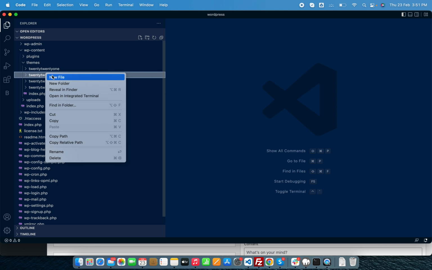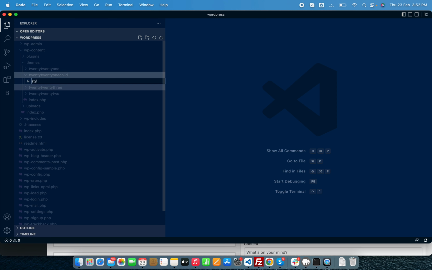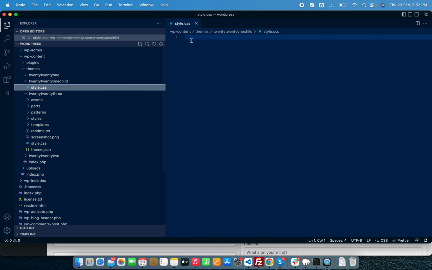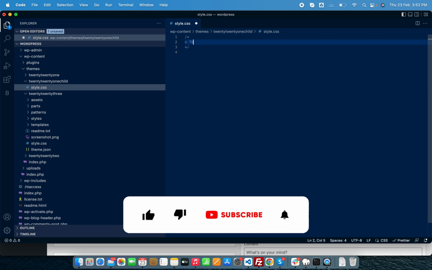Inside that folder, you need to create one file that is style.css. In that file, you need to add some comments by using this syntax. First, what is the theme name?